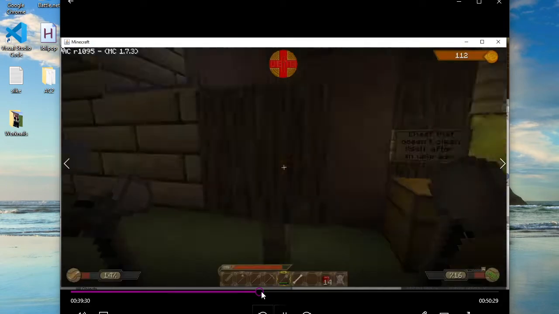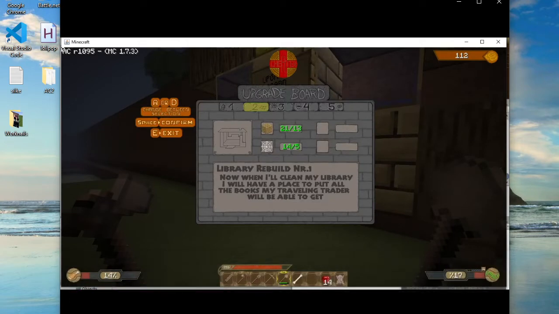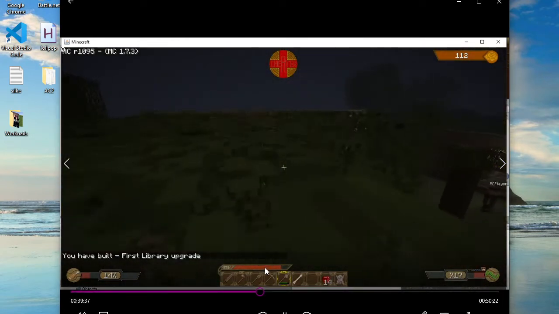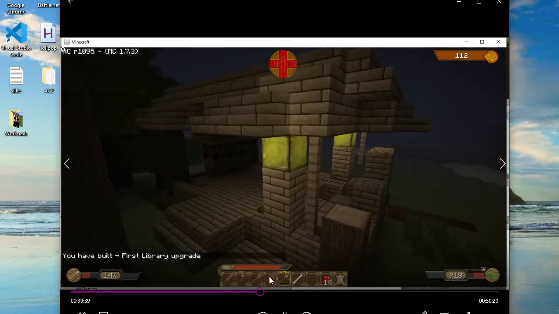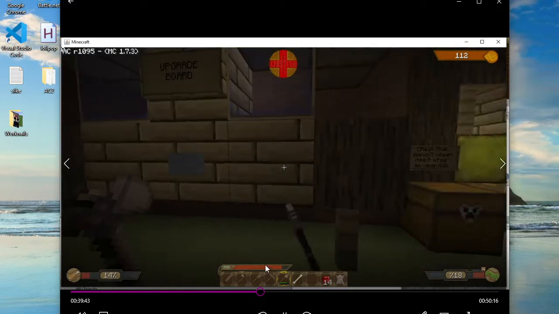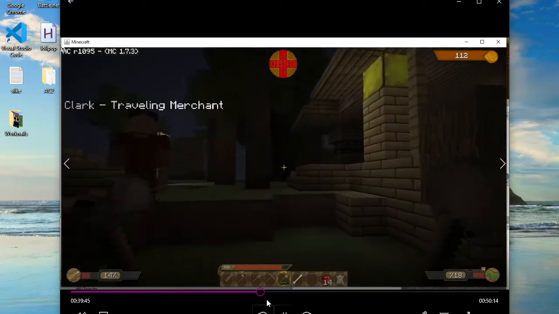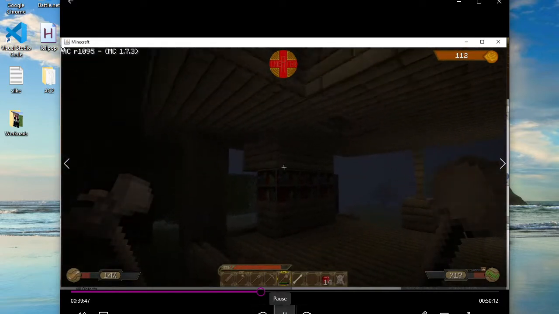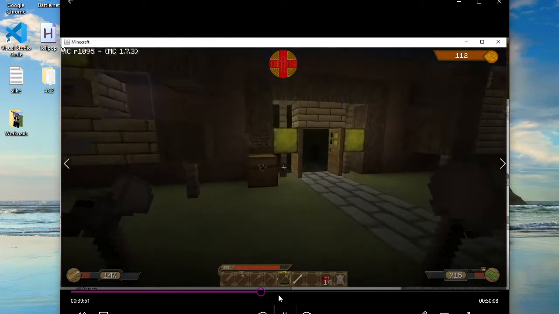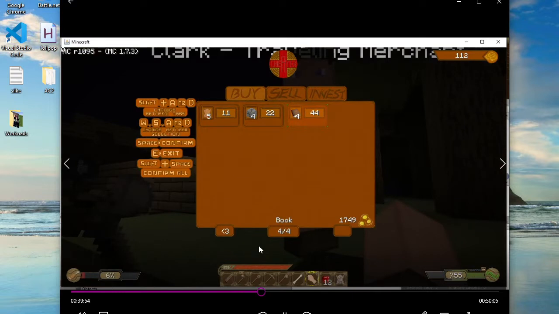I can't really buy anything. I can do a library rebuild. It unlocks books, which has no actual value. You need them to make another upgrade to the library. Then I think you unlock the actual books for crafting, and